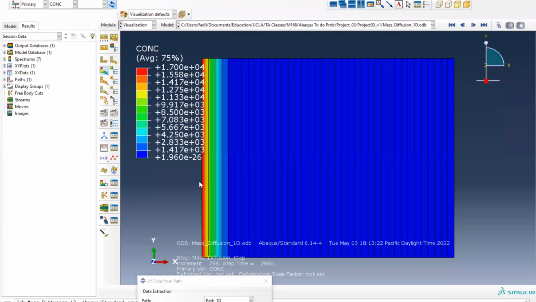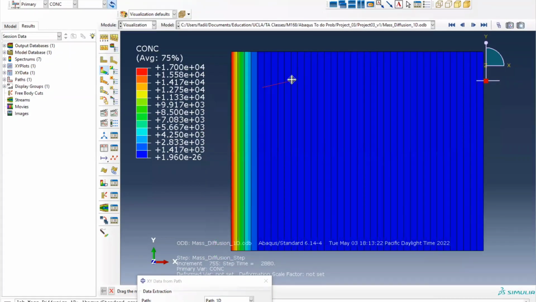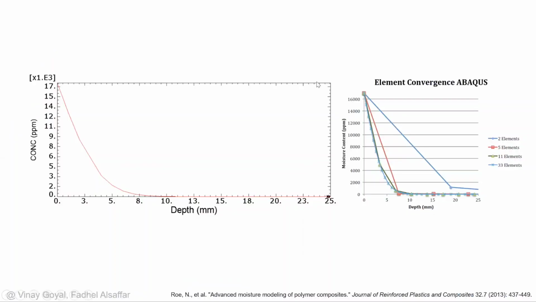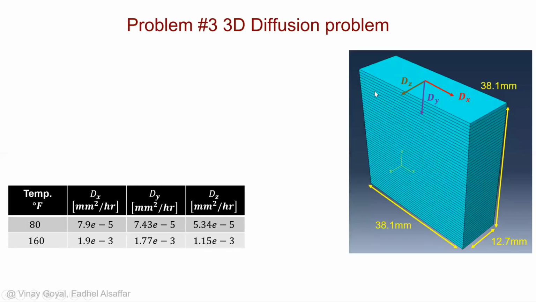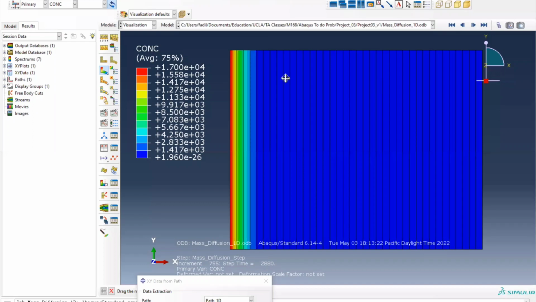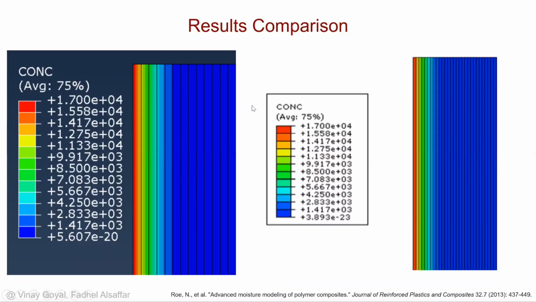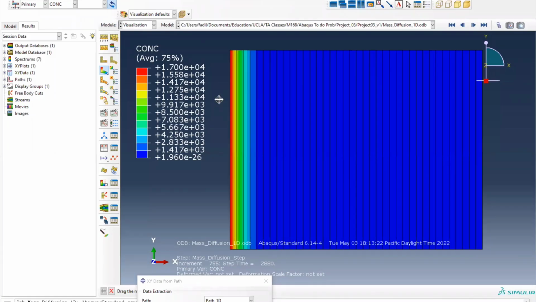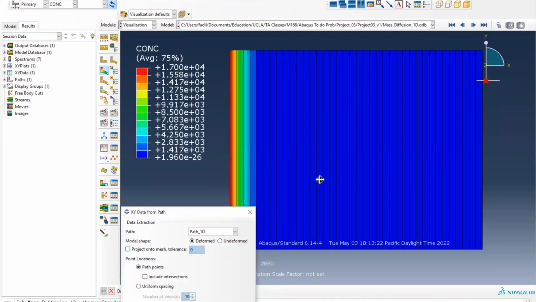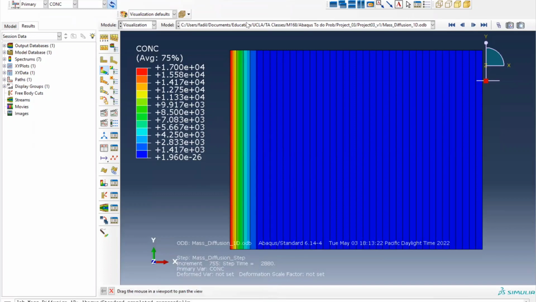If we look at the profile here, if we go to here and compare what we have here with what they have here for the plot, again, it's quite similar, and the values probably may need some more mesh in there, but that's the idea, and that's what we have here. Okay, cool. That's good. And by this, we kind of finished now our first part, and we can move to